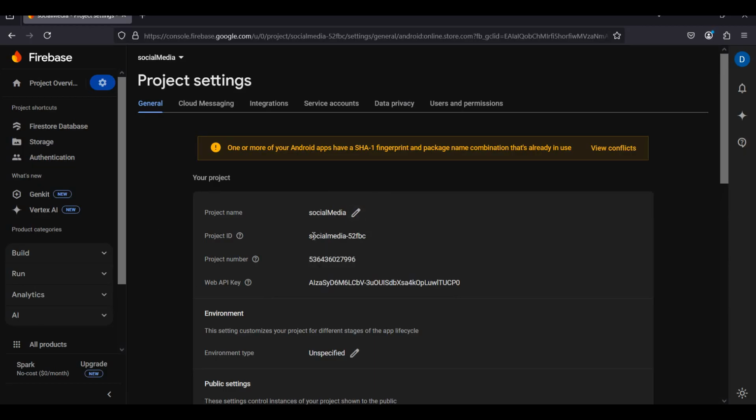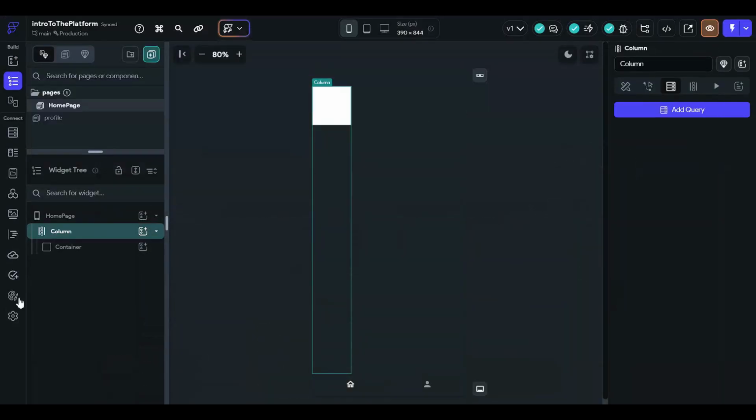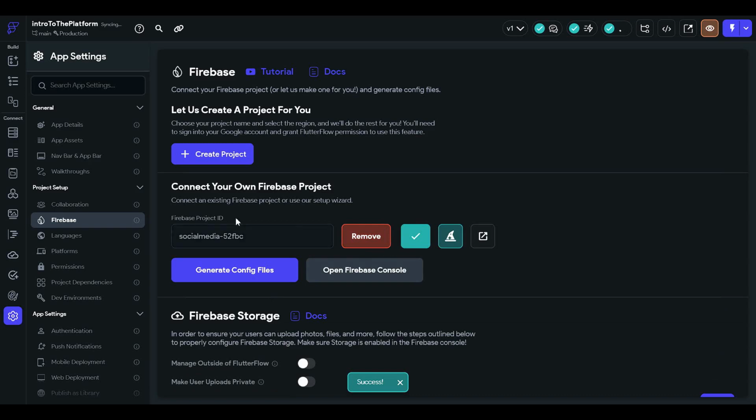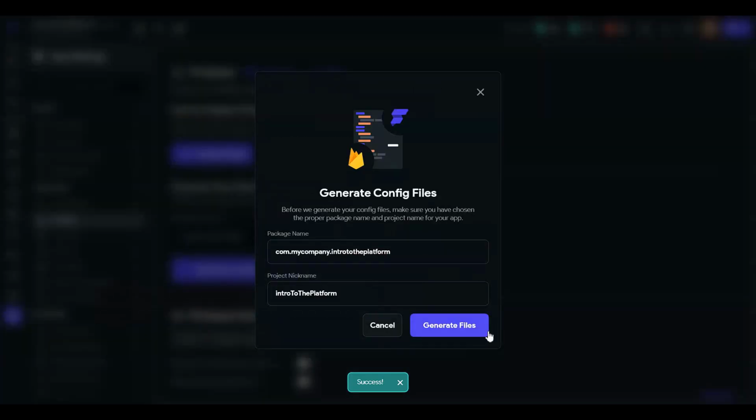We will simply copy the project ID and paste the Firebase project ID here. Now Flutterflow is connected to Firebase, and we will generate configuration files.